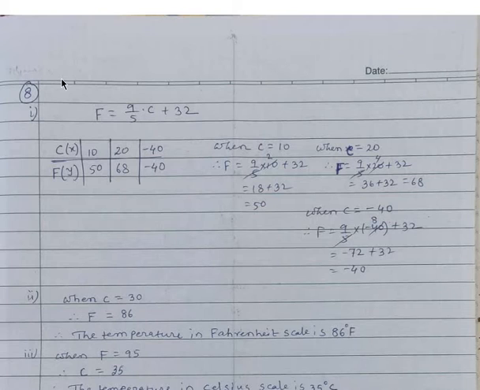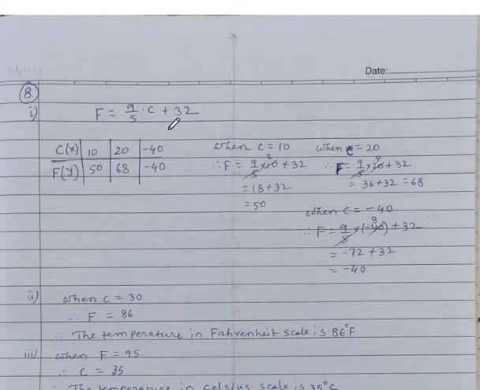Here is a linear equation that converts Fahrenheit to Celsius. That is one of the formulas which I wrote here also. F is equal to 9 by 5 C plus 32. With the help of this, question number 1 they are asking, draw the graph of the linear equation in two variables by using Celsius for x-axis and Fahrenheit for y-axis. That is the relationship between Celsius and Fahrenheit. Fahrenheit is equal to 9 by 5 into Celsius plus 32.